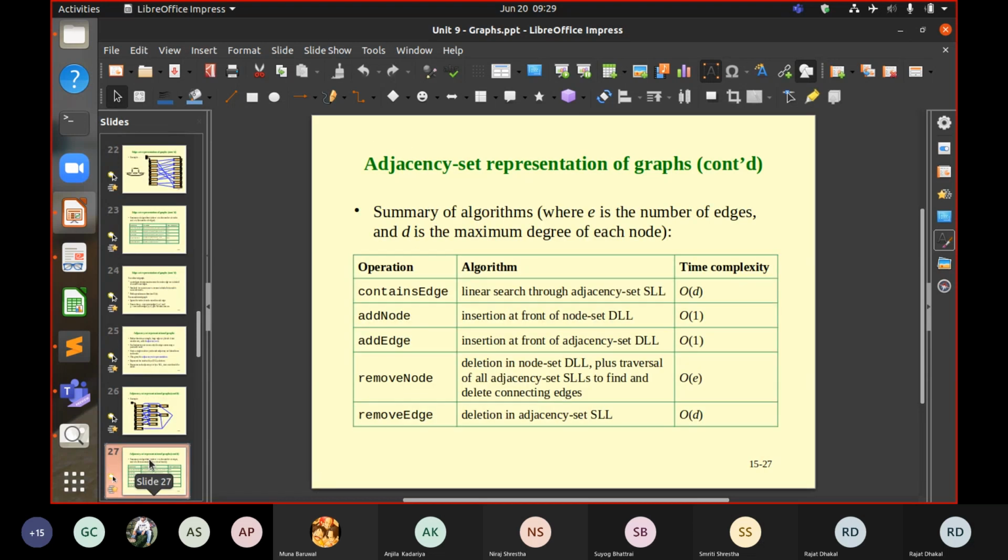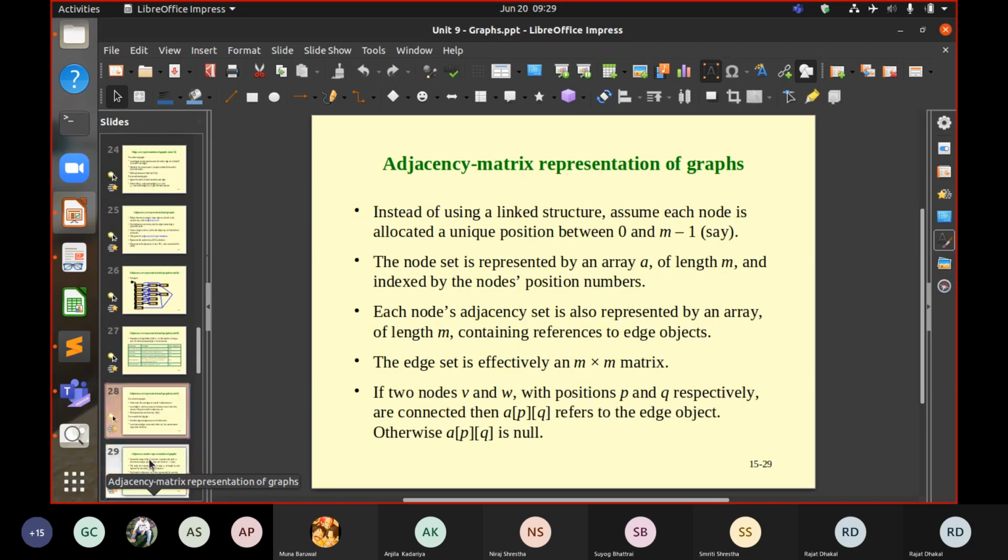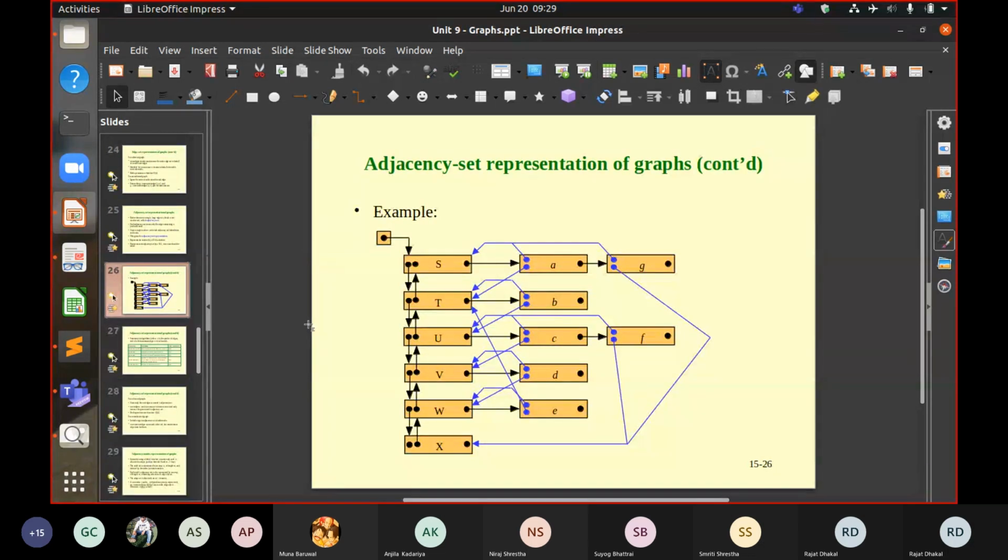Now it depends on the type of graph it is, whether it's a directed or an undirected graph. In the case of a directed graph, there is this order, these blue lines, blue pointers if you may.